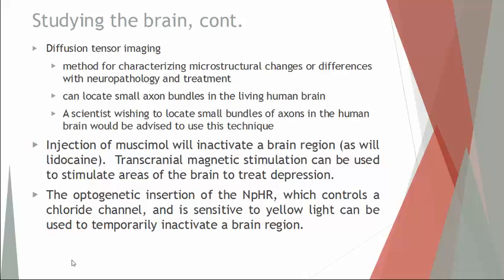Alright, the next topic on studying the brain: diffusion tensor imaging. Whenever you talk about something as complex and as important as the brain, there are only so many ways that you can study it, especially in a living person. For the longest time, the only real way to do so was to take tissue samples. But there are some big problems with that process. It's very invasive, it's very time-consuming, and you never know if you're going to get the right tissue that you need.